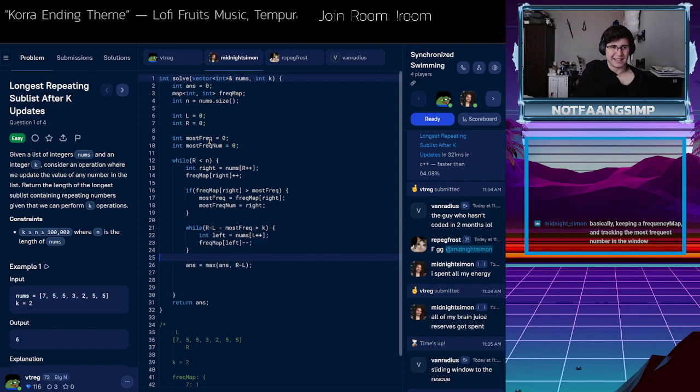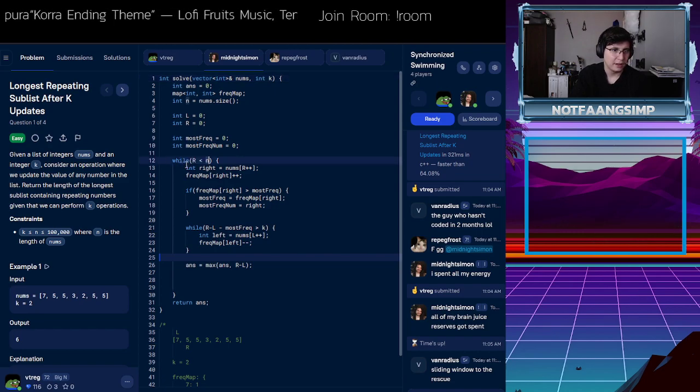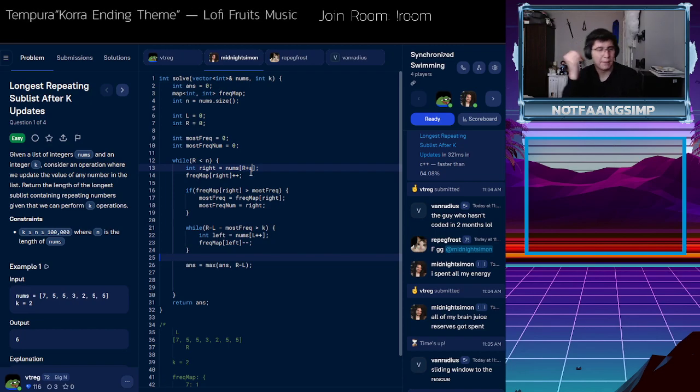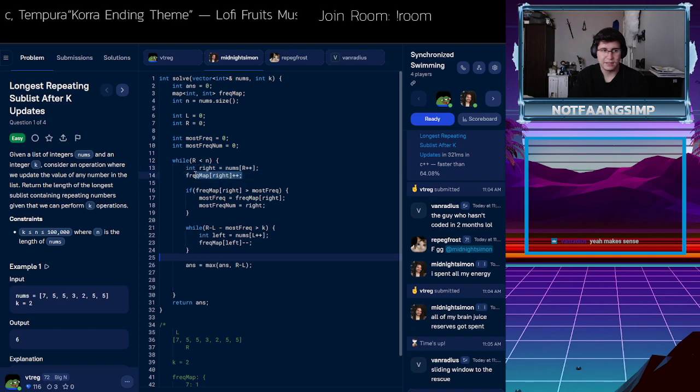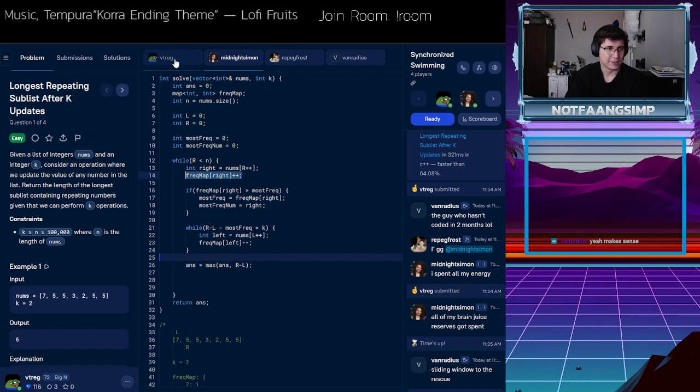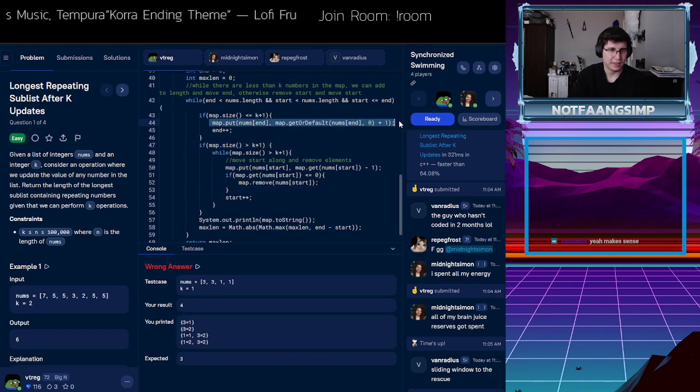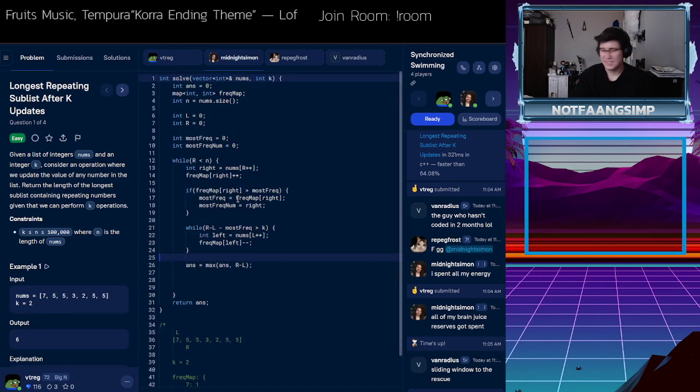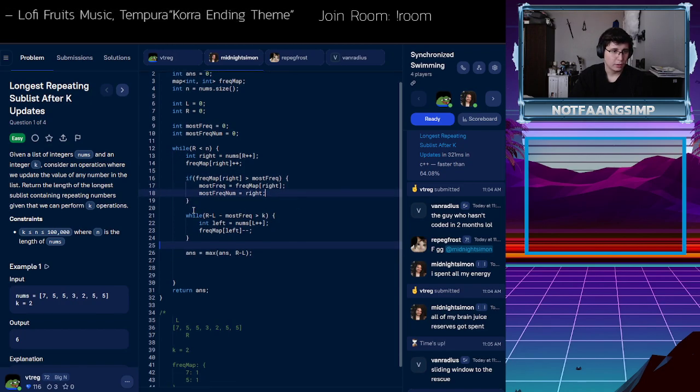Yeah, I was trying to implement sliding window as well. So L and R, I'm assuming. Yep, while R is less than N, int right equals the next element. Frequency map of right plus plus. Oh, I love this. This syntax is great. Because this versus, where is it? This. Terrible. Okay, so we're going to add that to the frequency map. If it's bigger than the most frequent, we set the most frequent to it. While R minus L minus most frequent,